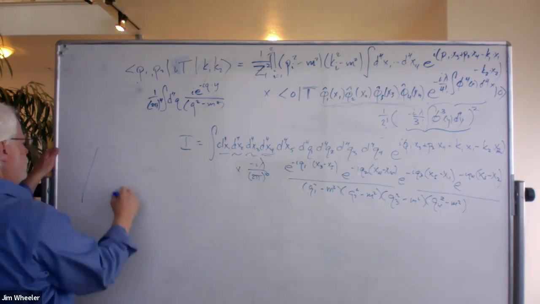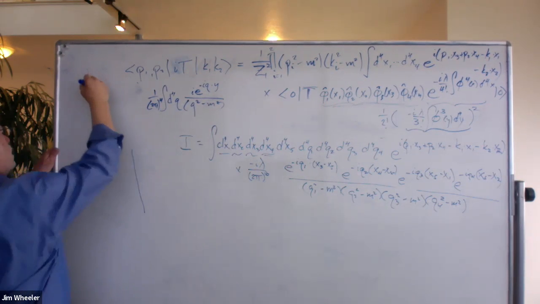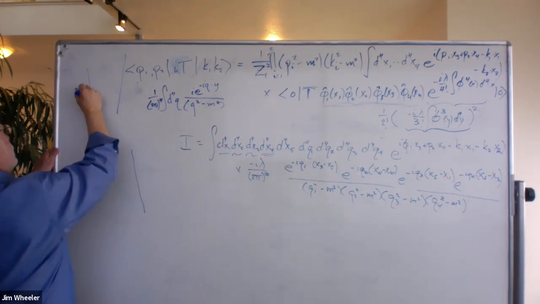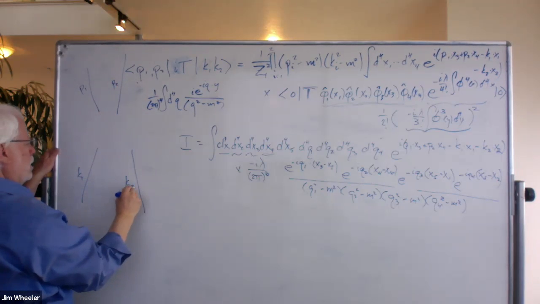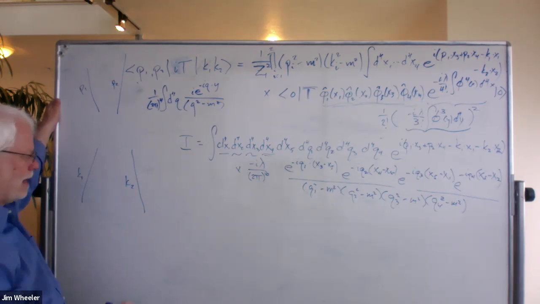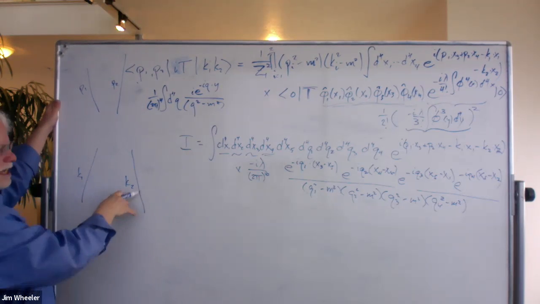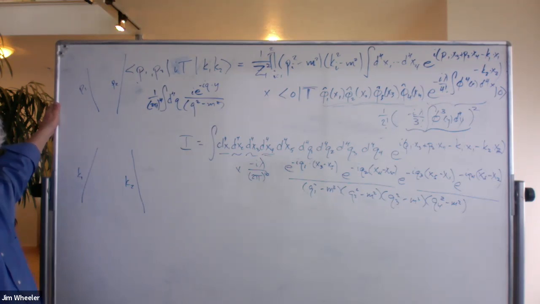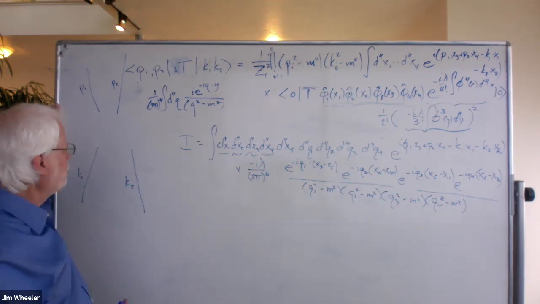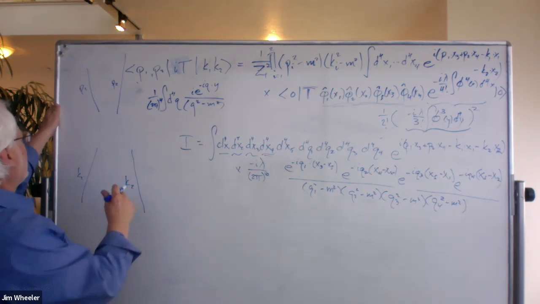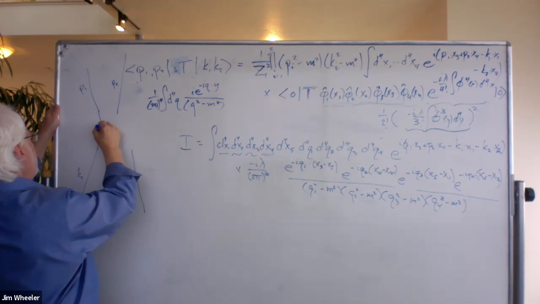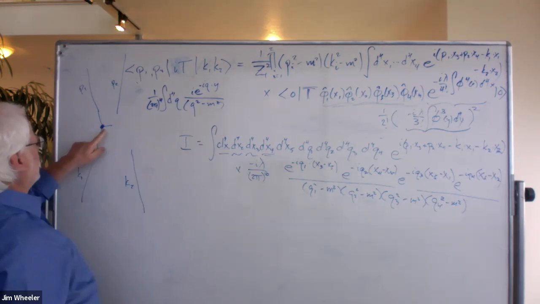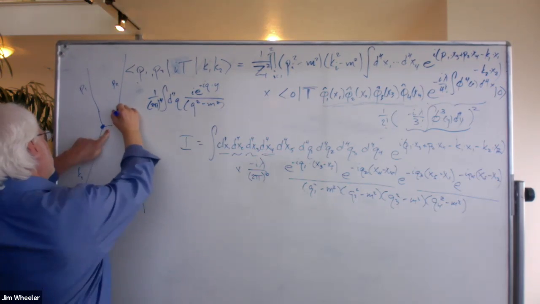But we have 2 particles coming in, 2 going out. Okay, so P1 and P2 out, K1 and K2 in. And eventually, rather than labeling coordinates, we're going to label these lines by momentum. But now, what can happen? Well, one thing that can happen, we have a vertex and it produces another field. And since we have 2 vertices,